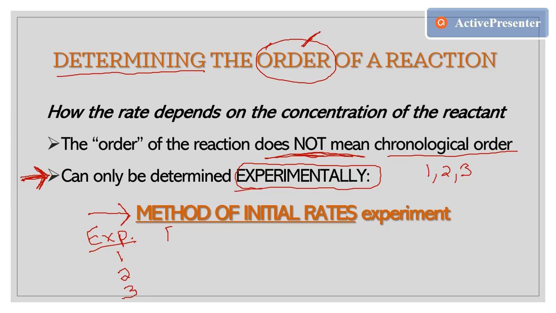And then here is going to be the concentration of A. So in experiment 1, our concentration of A was 10. But in experiment 2, we decided to use the concentration of 20 moles of A. And experiment 3, we used the concentration of 40 moles of A, of the reactant A. And then the initial rate